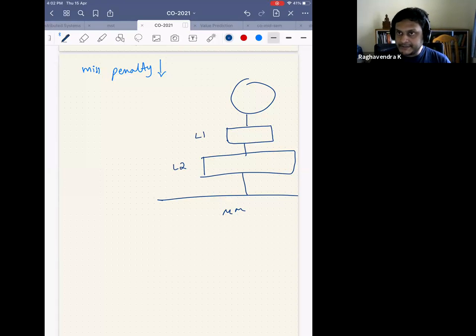So what he is trying to say is the level 1 cache, maybe the hit time is just one cycle because it is very small. It is as small as possible. So it's one cycle. The level 2 cache is pretty huge. So maybe it is, say, 10 cycles. And then this is, say, 100 cycles. So now I have reduced the hit time of level 1 cache because it is only one cycle. But have I increased anything else by doing this?